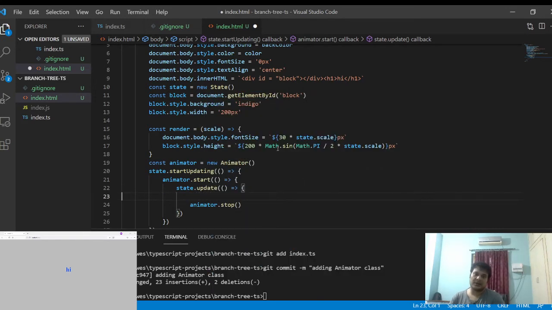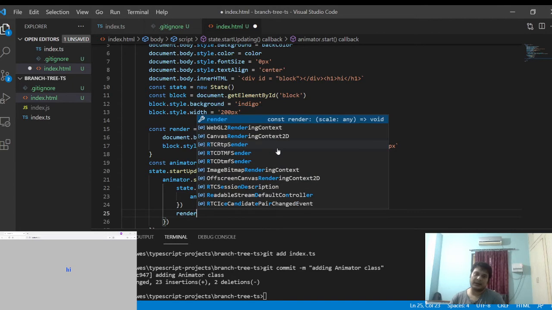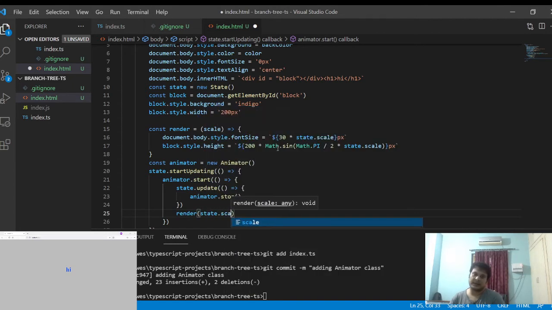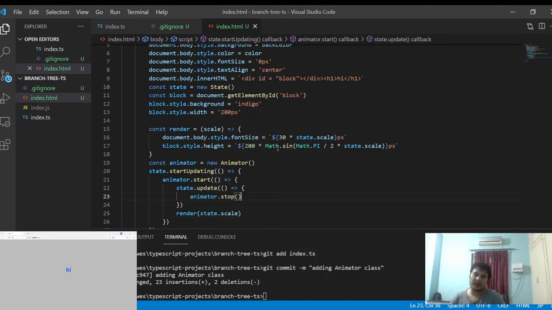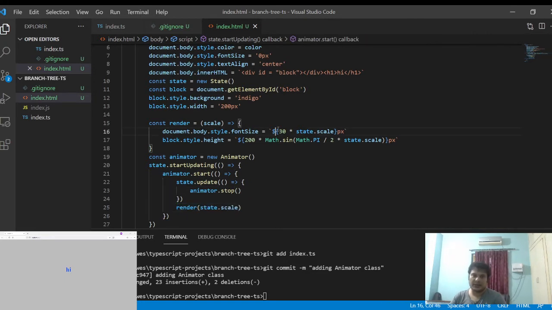So state.update, and here I will do render state.scale. Be careful not to pass this render state.scale inside this one, because the update callback is the callback which we call not during updating but after update, after we are done with updating the values. So it will be outside. We are calling this outside.